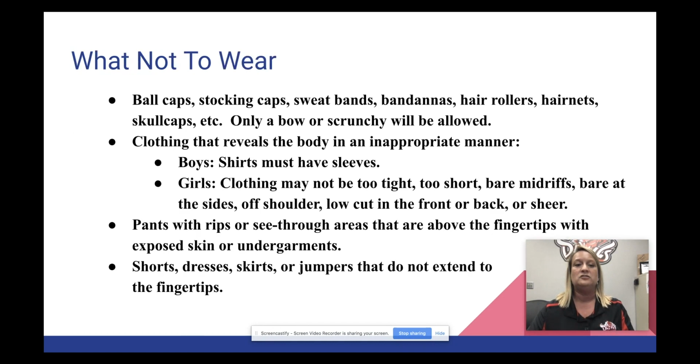All right, what not to wear. First and foremost, ball caps, stocking caps, sweatbands. Yes, this includes the Nike bands. You cannot wear bandanas, hair rollers, hairnets, skull caps, etc. This year, the only things that are allowed to be worn on the head are bows and scrunchies, period,